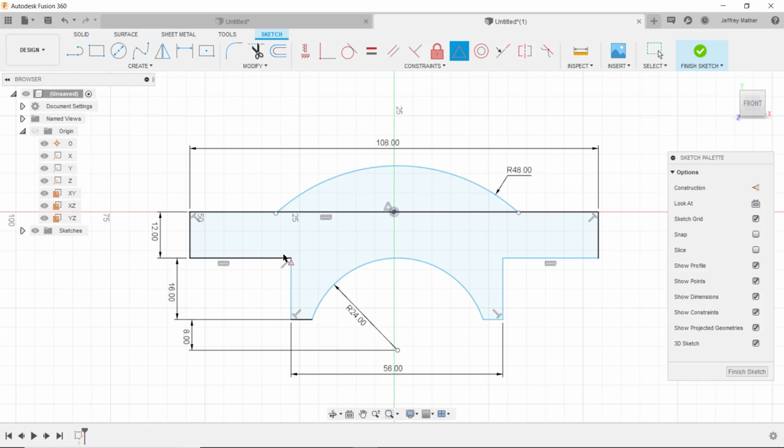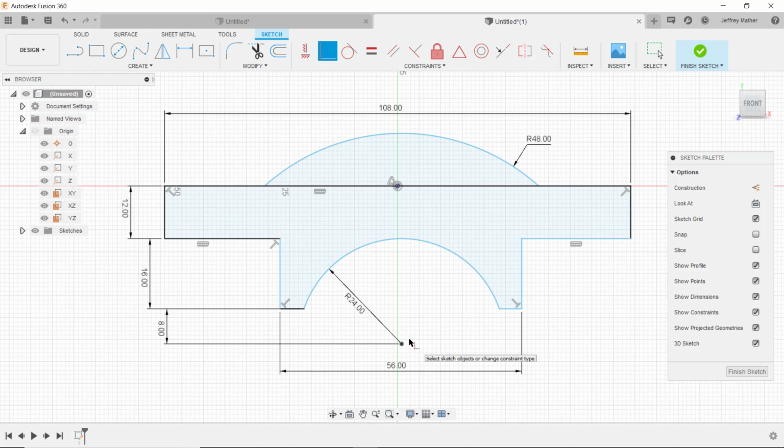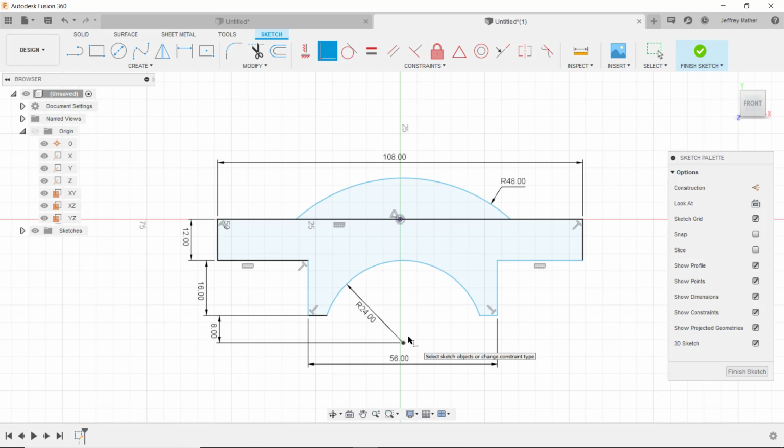And then I'm going to either trim off these points or add coincident. So I'm going to do a coincident. So I'll do coincident this point to this line and this point to the line, and then I have the two centers of these arcs. I'm going to make those coincident to each other, and then I'm going to go through and make some lines